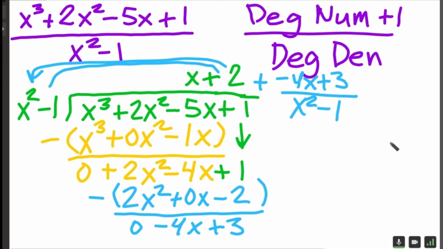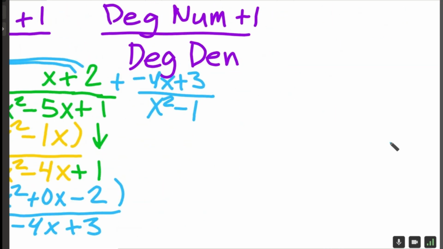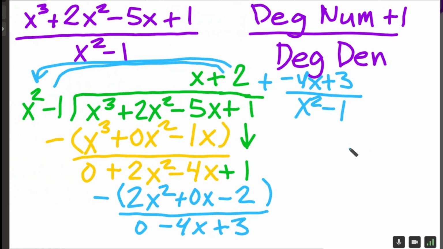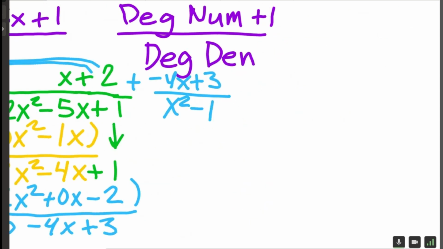So what do we do with this? Well, we want to identify the oblique asymptote here. We know it is one because the numerator has a degree one higher than the denominator. The quotient is the oblique asymptote. So this quotient is the oblique asymptote, and to see how it behaves, we need to first determine